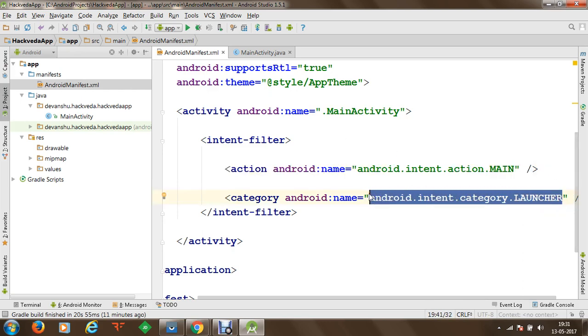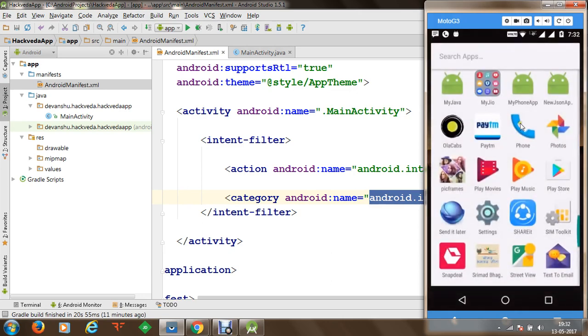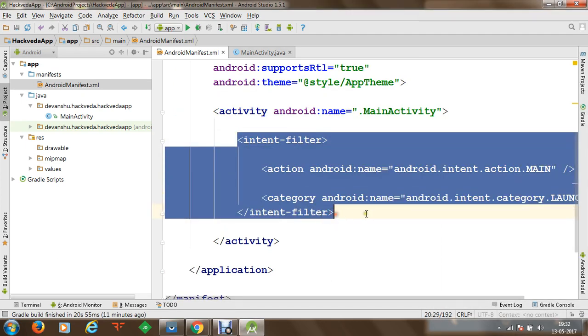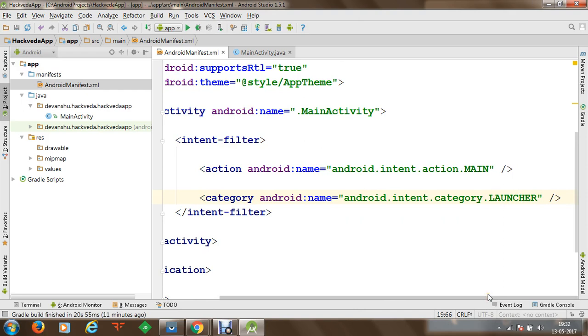So once you click the launcher icon on the menu screen, let me just show you the phone here. Let's say we are here on the menu screen, and on this menu screen we have many applications available. If we click on any of these applications, which will be the first activity that has to start, this we are defining using these intent filters. Within this intent filter we have an action which is making our main activity the main one, and the category of this activity will be a launcher activity, so that it will be displayed on the launcher as well.